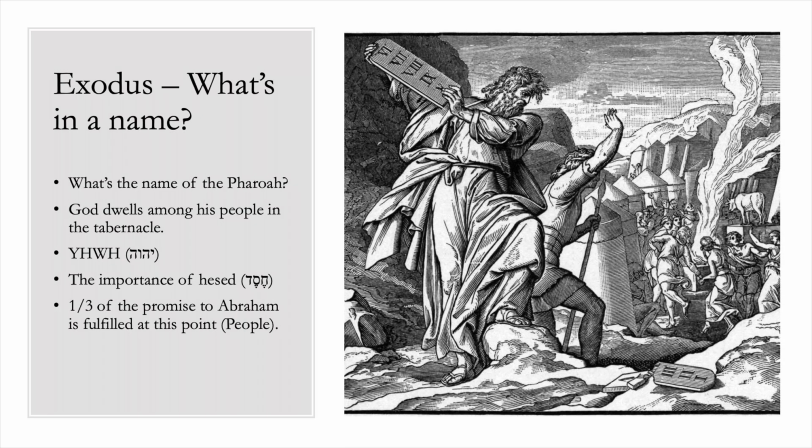So Exodus, what's in a name? Remember, Shemot is the name for Exodus in Hebrew, so Shemot is names, and everything in Exodus is about names. So we don't have the name of Pharaoh because we want to forget him, right? No one wants to remember that Pharaoh's name. He doesn't get to be remembered. Moses gets to be remembered. Even Moses' mom, Jochebed, gets to be remembered. But Pharaoh does not get to be remembered, right?